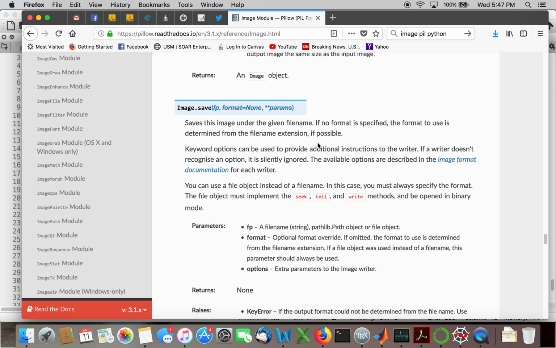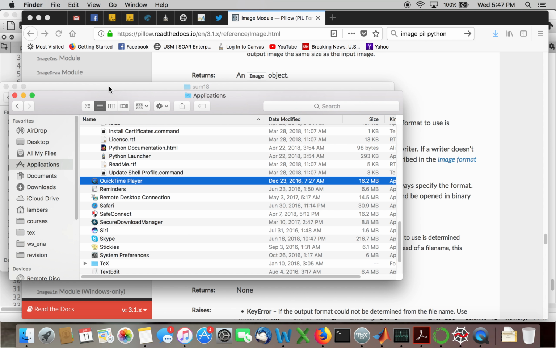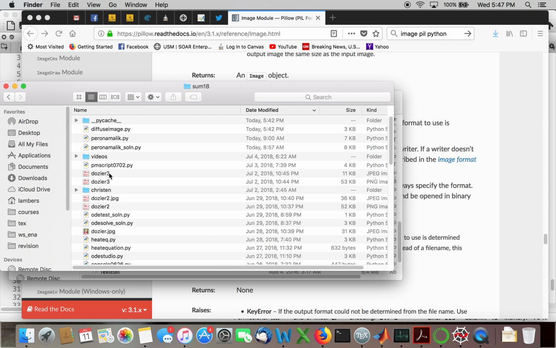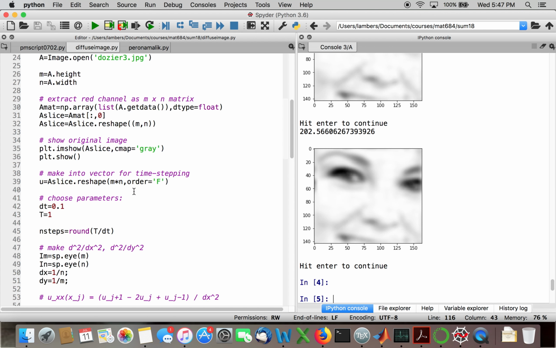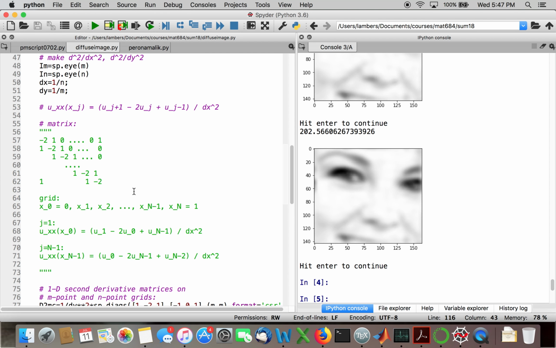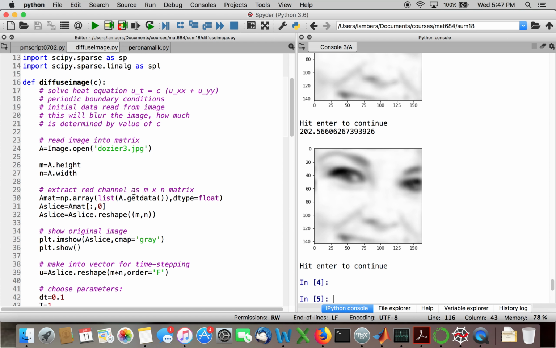But what you can do is, the first argument is FP, and that'll be a string file name. The default usage is to only specify that. It'll figure out the extension from the file name if you don't specify the format. So I'm going to go ahead and try this. Here's where I'm working in my file. I'm going to run this again, and after time stepping, although what I need to do is